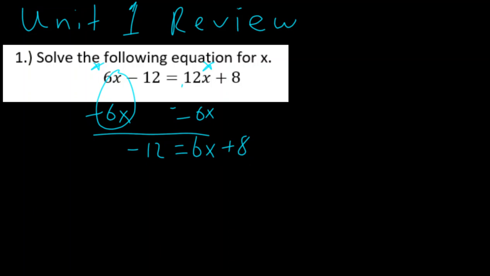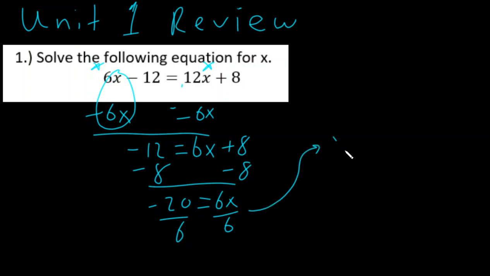Now from here, in order to get the x by itself, we always get rid of our addition or subtraction first, so I get rid of this plus 8 by a minus 8, and of course negative 12 minus 8 would give me negative 20 is equal to 6x. From here, how do I get rid of the 6? Well, I divide both sides by 6, and we're going to get x equals